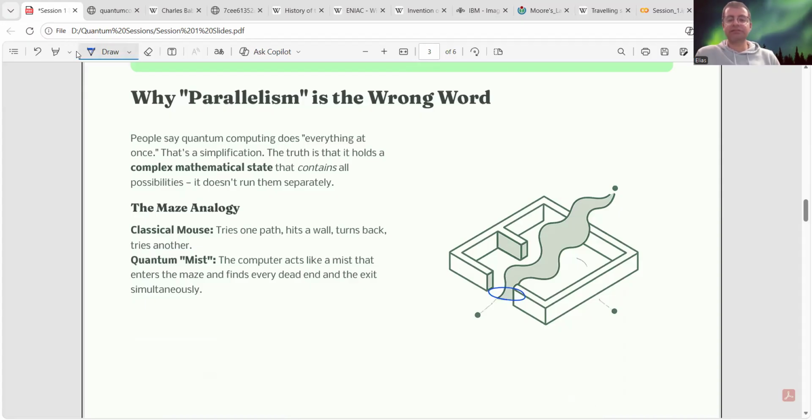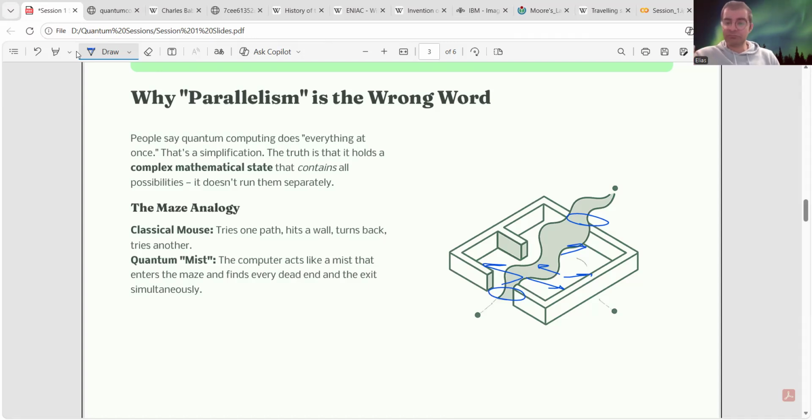So here's the entrance and here the exit. So the mouse will start to go in different directions, this direction, that direction, and finally see how it can get out of this maze. This is the concept of a classical computer. We try every possibility until we find the exit, right?